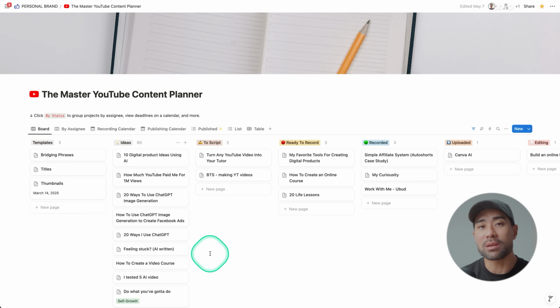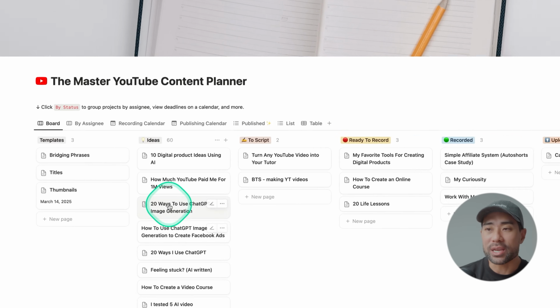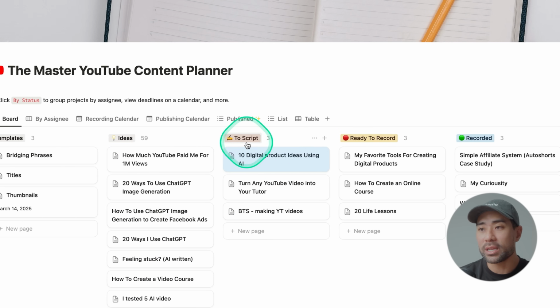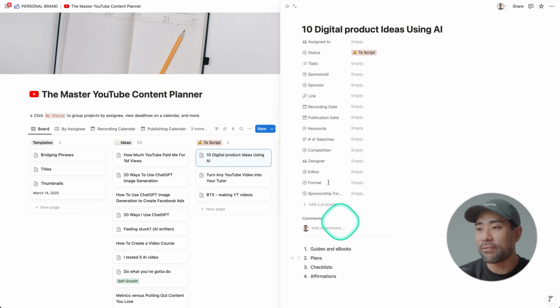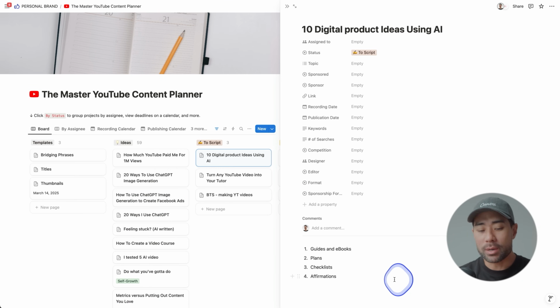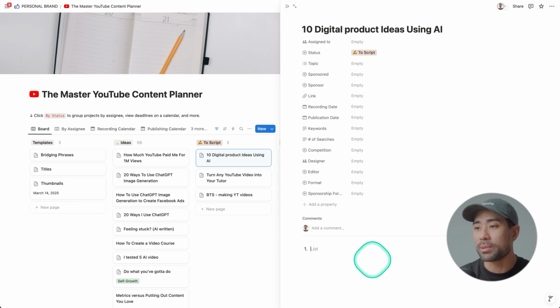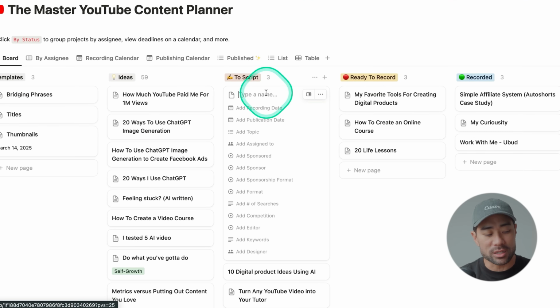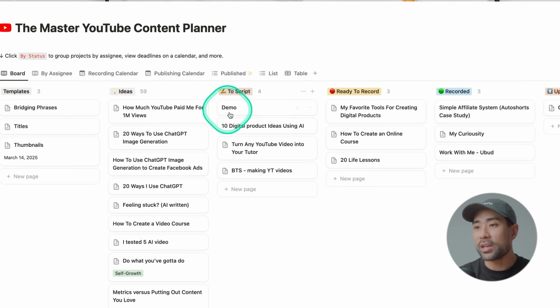It works in this Kanban system where I come up with any ideas and put them in this column called ideas. If I feel like I'm vibing with one or it's a topic I'd like to talk about next, I move it to this section where it says to script. Then I'll create this, and maybe I'll have notes already so I don't forget what that thought was. But essentially, I can start from the beginning with my own script. I'll create another one from scratch so that you can see what I usually use.